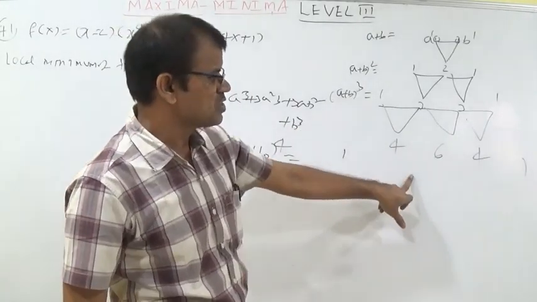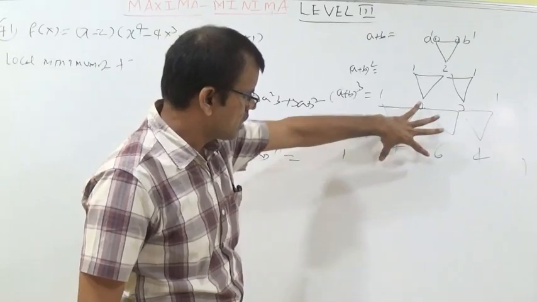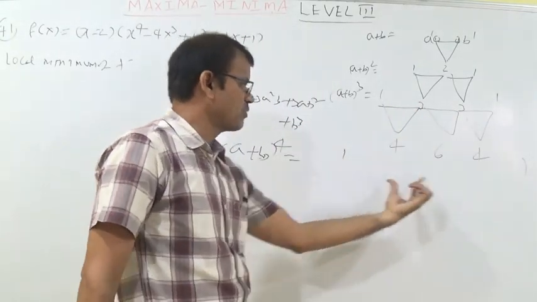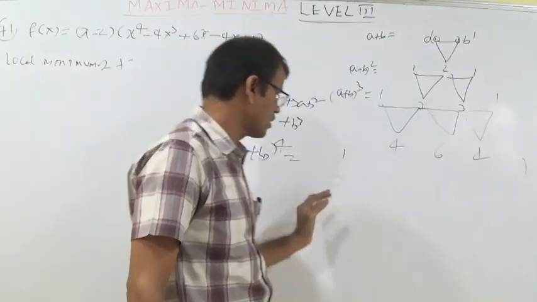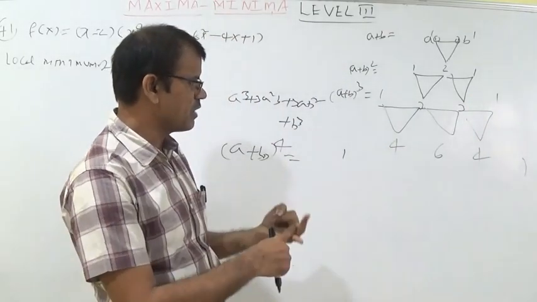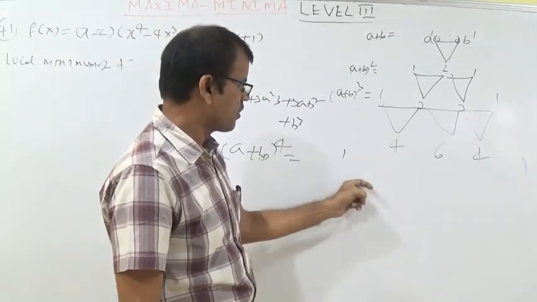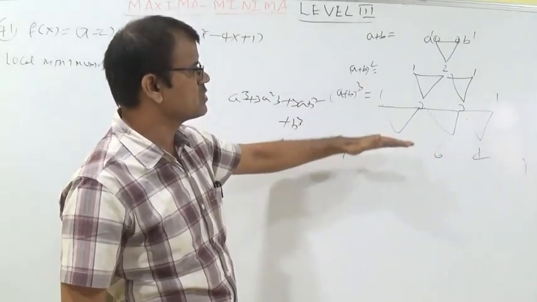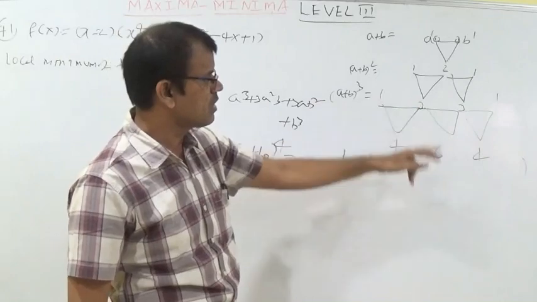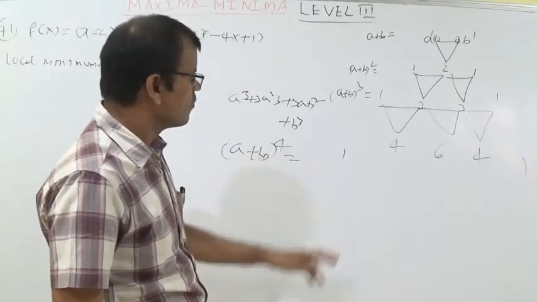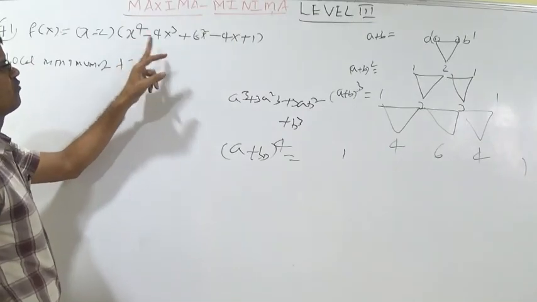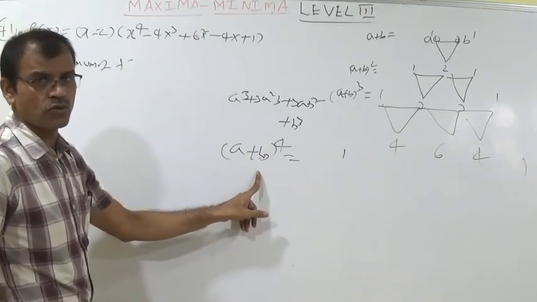These are just coefficients. Next, 1, 5, 10, 10, 5, 1, like that. This process is known as Pascal's process, and these triangles are called Pascal triangles. Why do you say so, sir? Here the explanation is there: 1, 4, 6, 4, 1 for a plus b whole power 4.